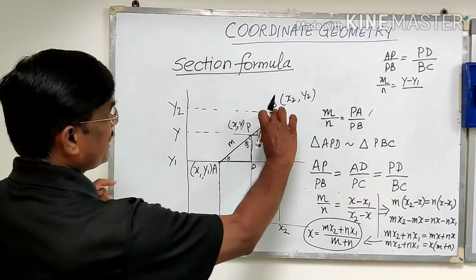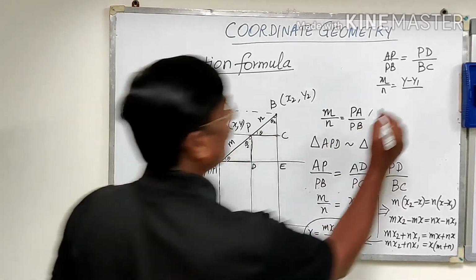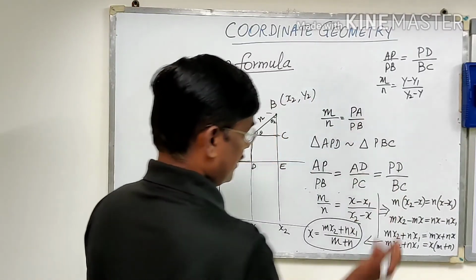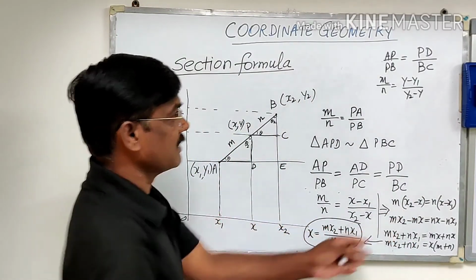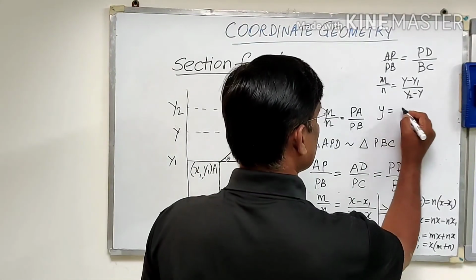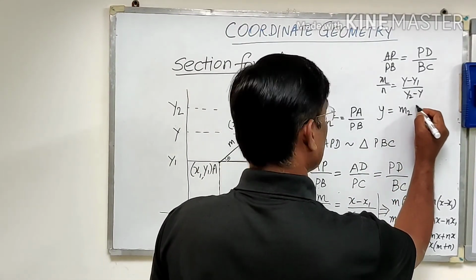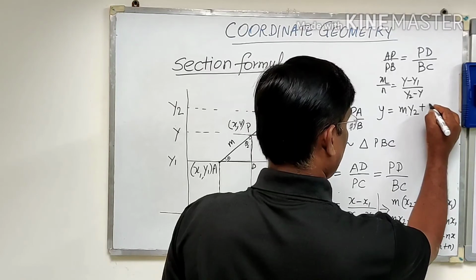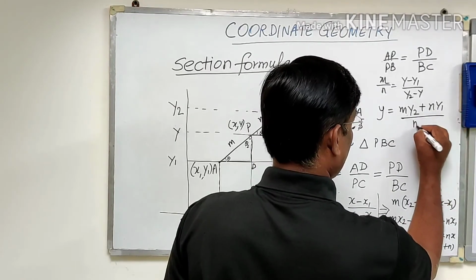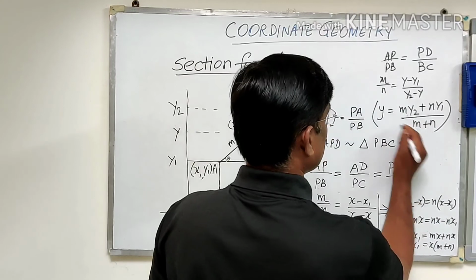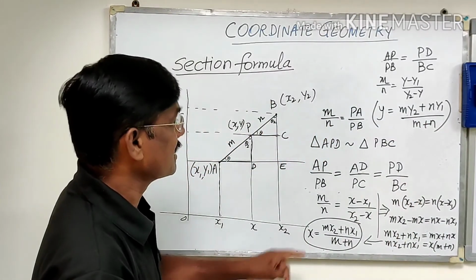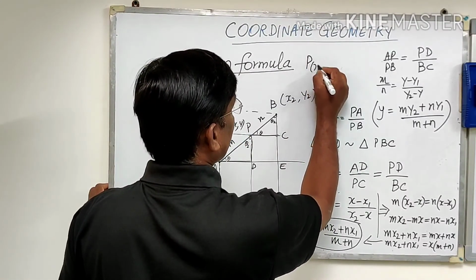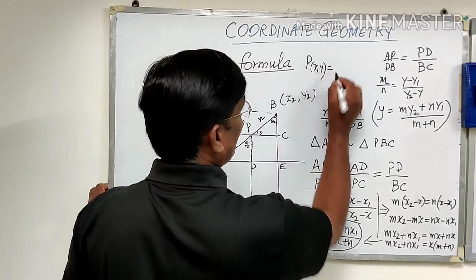What is BC? y2 minus y. If we cross multiply, in a similar way as I have done for x, you will get the y coordinate equal to m y2 plus n y1 divided by m plus n. This you will get for y, and this for x. Therefore, the coordinate of P, x y, is equal to